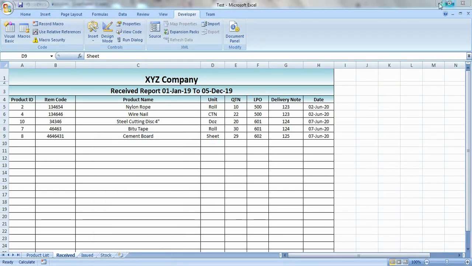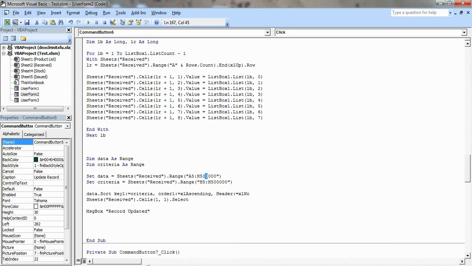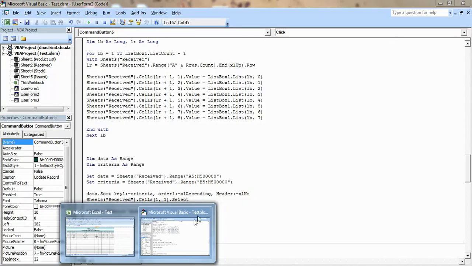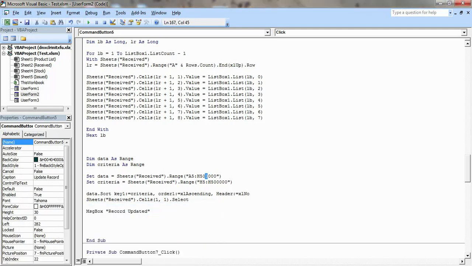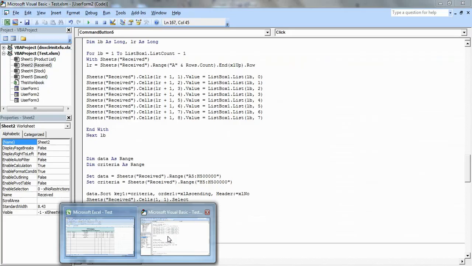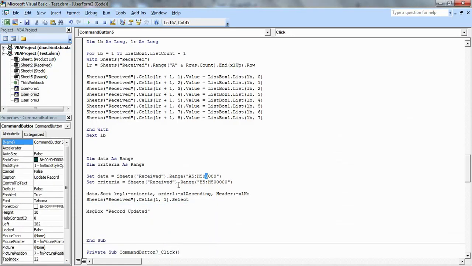Let me close this window. Okay. Here you can see this starts from A5 to the H column. So here I started A5 to H500,000.